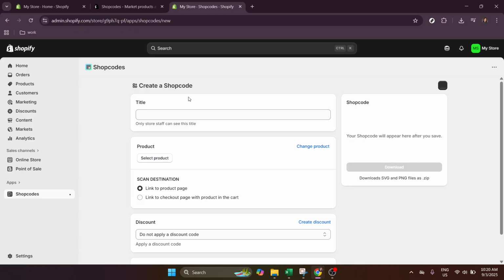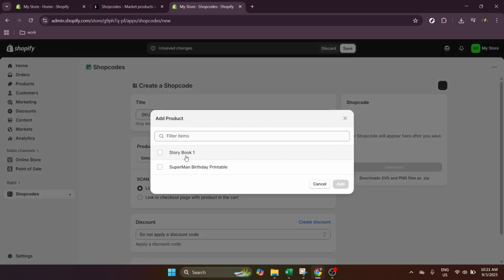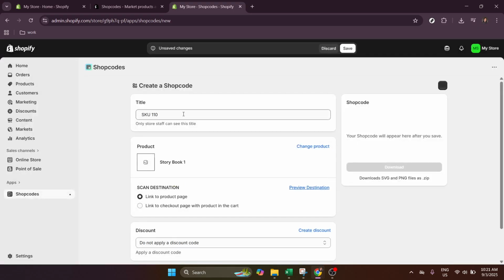It's a good practice to keep your naming consistent, especially if you create multiple codes, as this helps in tracking and managing them later. Next, you need to select the product for which you want to create a QR code. Simply browse through your products and pick the one you wish to link with the QR code. Selecting the right product is key, as each QR code is tailored to direct customers to a specific product page